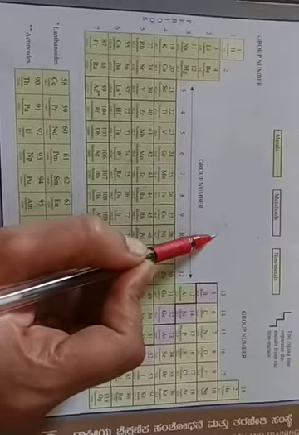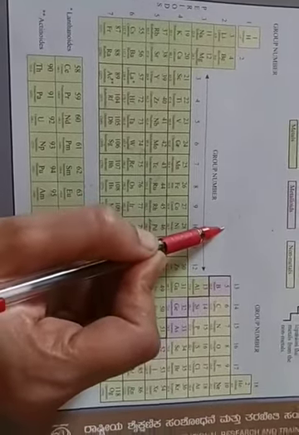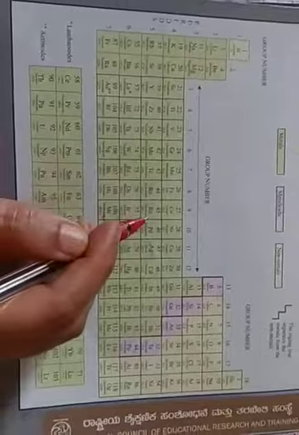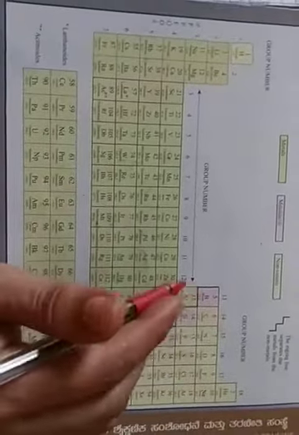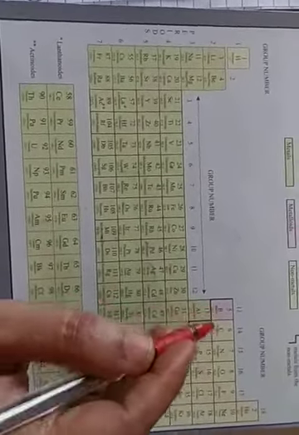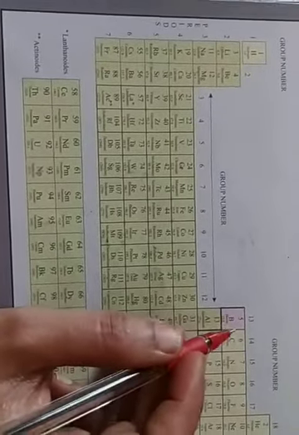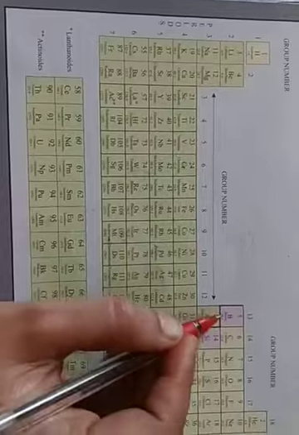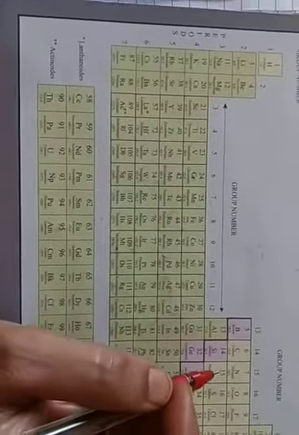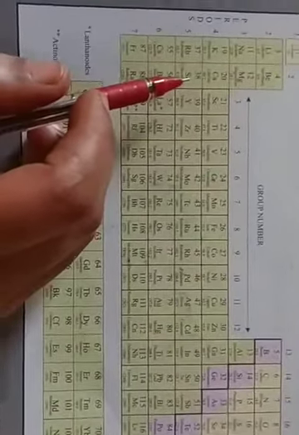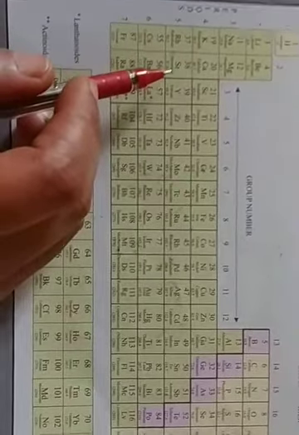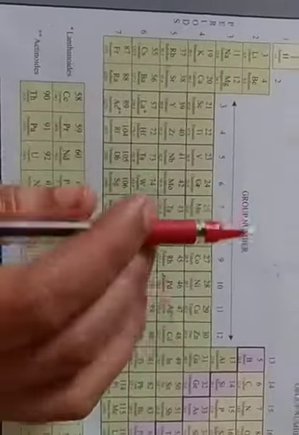We know that atomic number is represented by Z, and it is equal to the number of protons in the nucleus of an atom. This also we know, that the electron number or atomic number is equal to the number of protons present in the nucleus. Elements having the same number of valence electrons are placed in the same group.